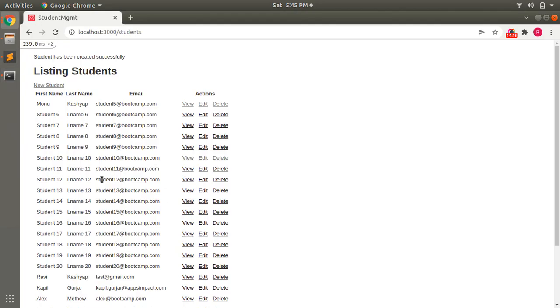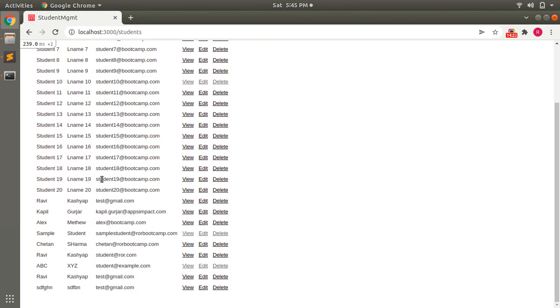Okay, and now we checked all these three attributes for migration for adding columns, migration for removing columns, and migration for renaming columns. And we permitted extra attributes as strong parameters in the students controller as well. And we added those updated attributes on the form as well. Now it's time for assignment.